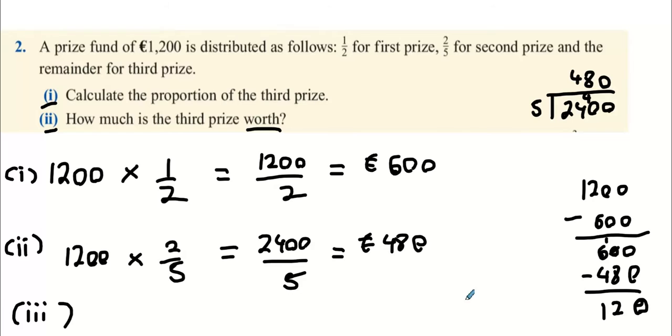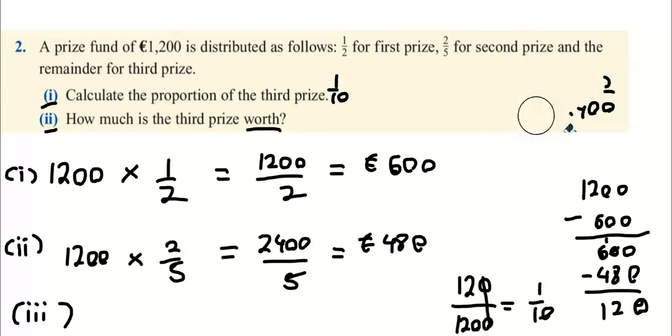So we know third place is 120, but it's 120 divided by 1,200, and 120 divided by 1,200, well, you guessed it, it's actually a tenth. So your proportion was a tenth. Another way of doing that, to figure out that it's a tenth, is you could